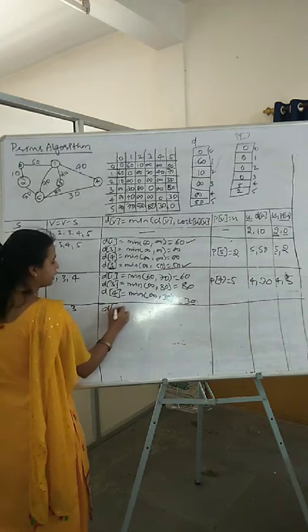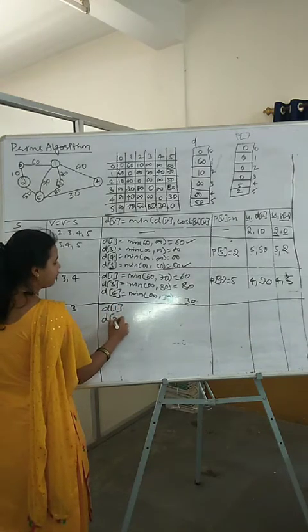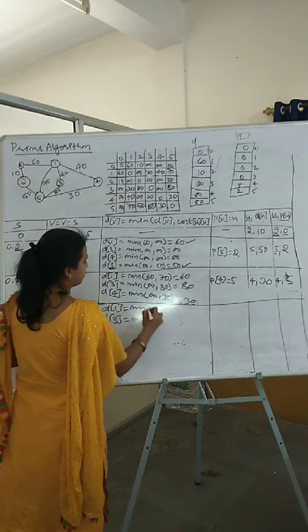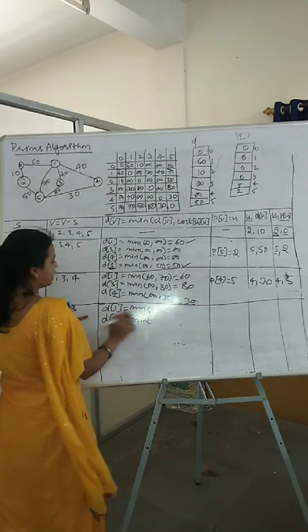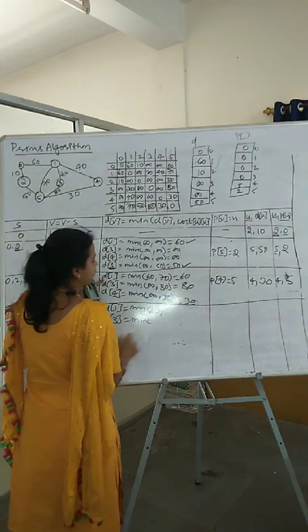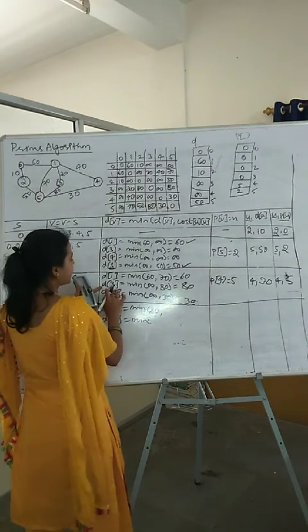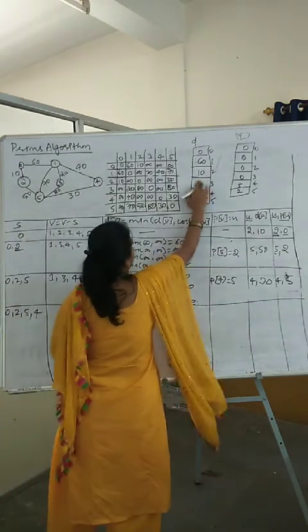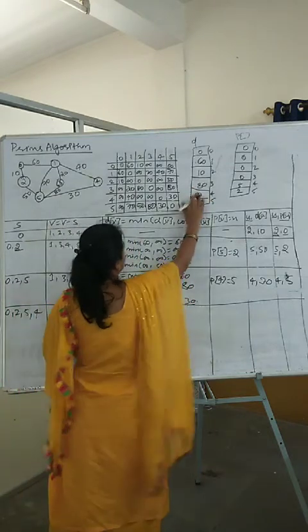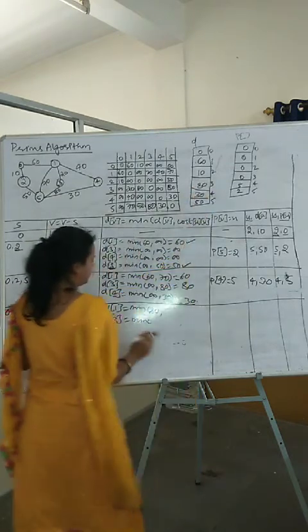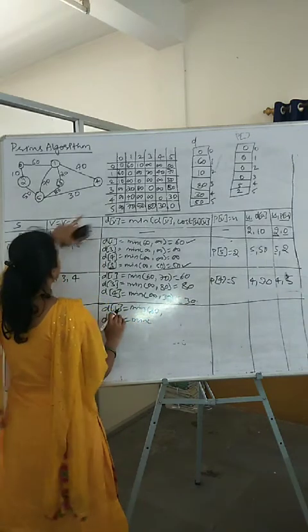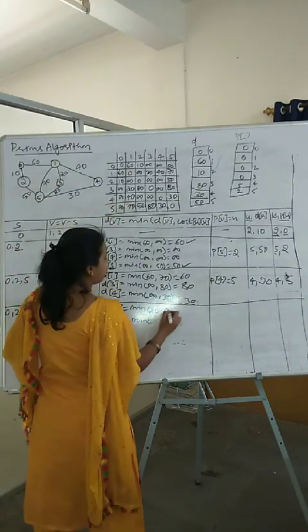So I am finding here d of 1 and d of 3. So minimum, d of v. D of 1, what is d of 1 I have got? 60 here. Okay. But before that let us update. D of 3 is 80. D of 4 we have got here 30. Next, cost of u comma v. U is 4 comma 1. 4 comma 1 is 40.